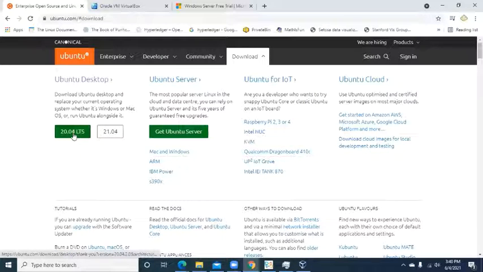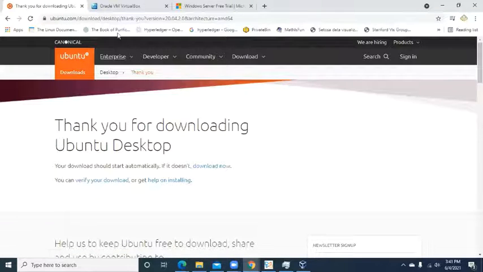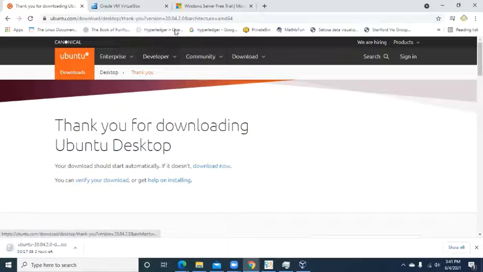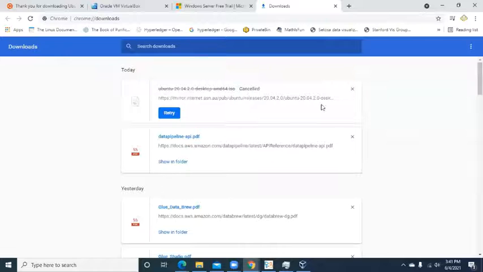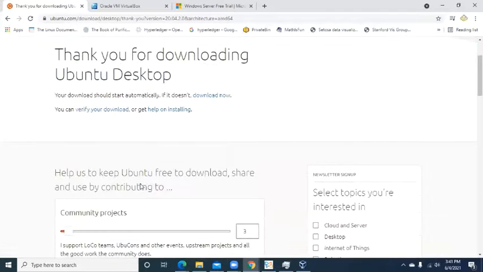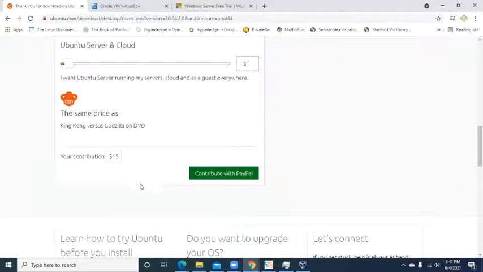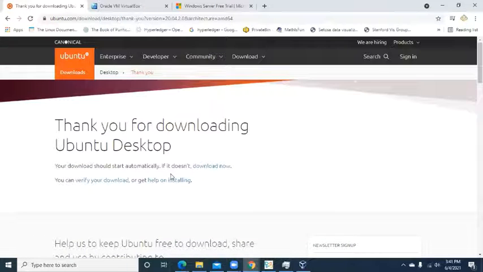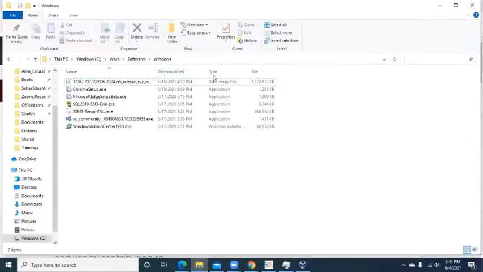So if you click it in here, 20.04.3 automatically downloads, but I have already downloaded it, so I'm going to cancel it out, and then I'll come back. So you can see it will ask you to contribute. If you want, you can go ahead and contribute, but if you don't want to, the download starts automatically. So it will download it on your machine, and then once it's finished, you're going to see